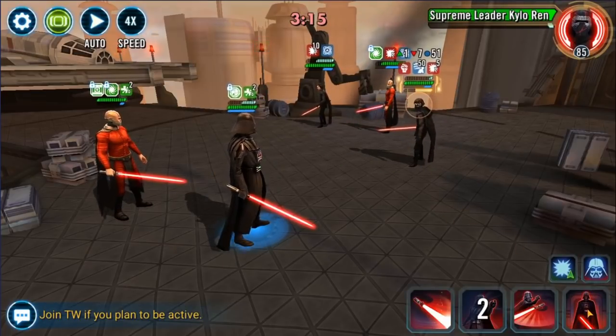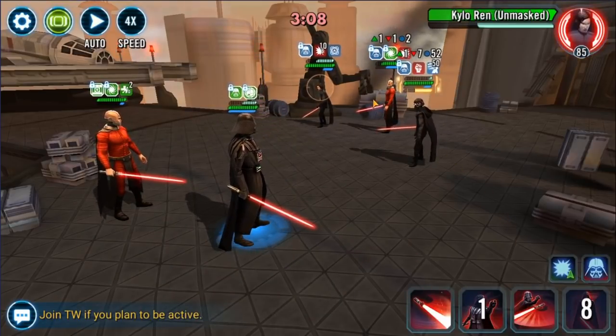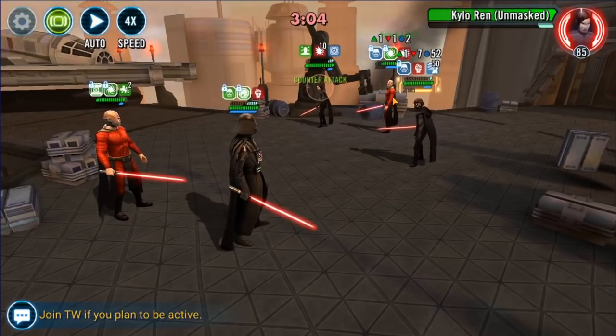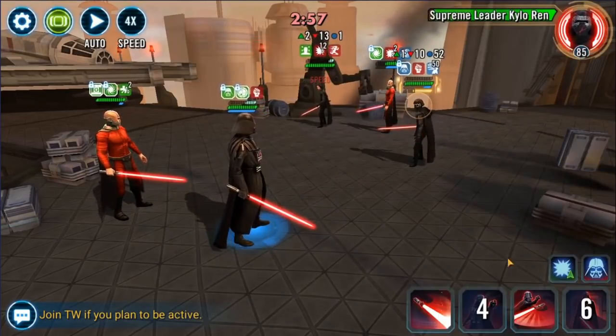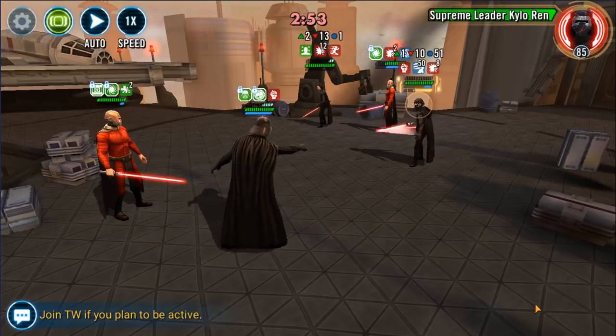So then Merciless comes back. You can basic really whoever at this point. I just go for Crew, doesn't matter at this point again. And then I Force Crush Malak, and then save the Culling Blade for Kylo. And here we go, one shot him. Boom,